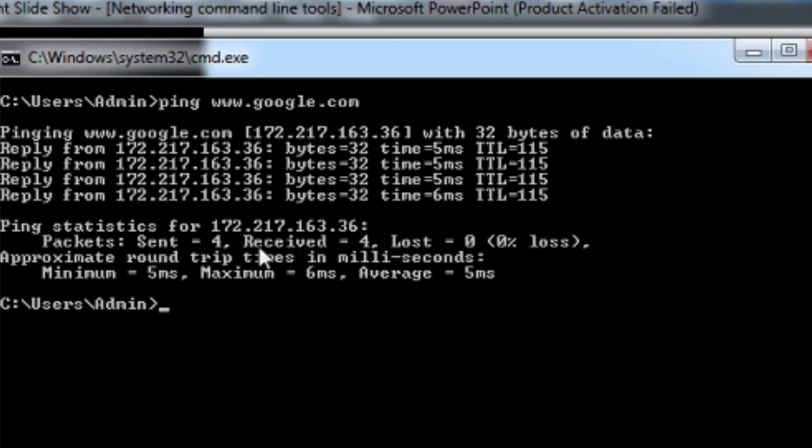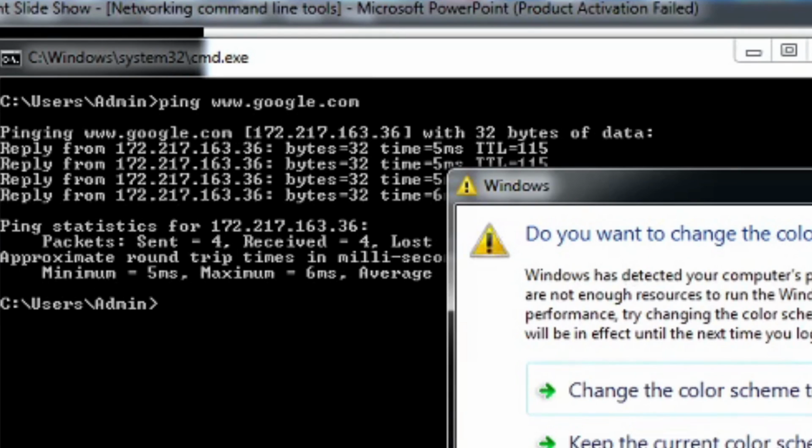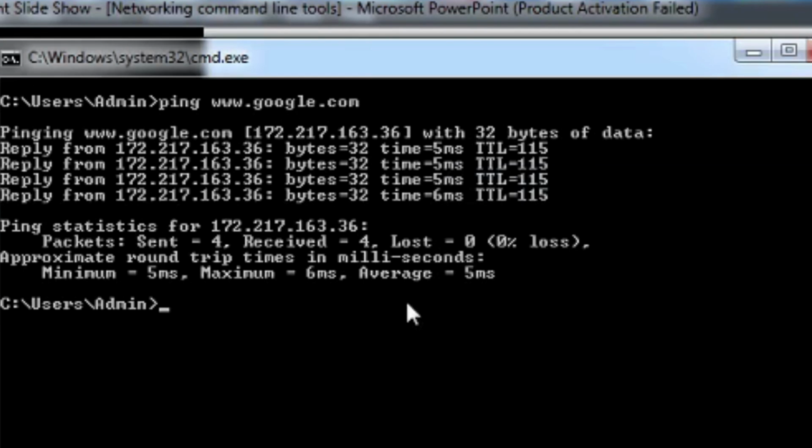Here we send 4 data packets and we receive 4 data packets and 0% loss. Sometimes we send 4 data packets and we receive only 2 data packets, which means a packet loss has happened, right? This packet loss happens due to some network congestion, that is network traffic, and also some faulty hardware. Faulty hardware means sometimes bad cable connections or a modem not working, connection problems. In that case we are having that problem, that is faulty hardware.